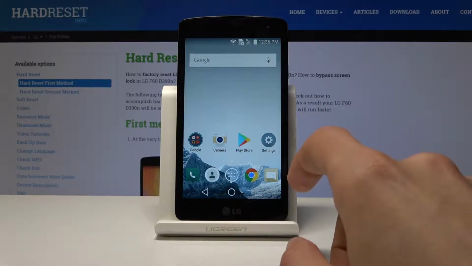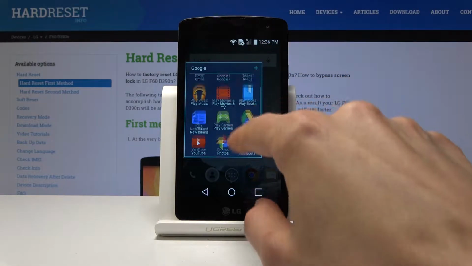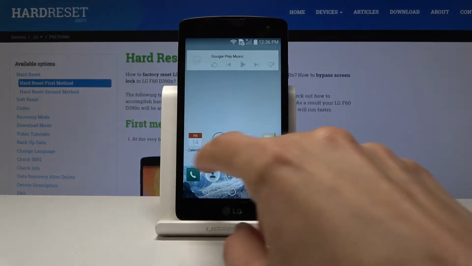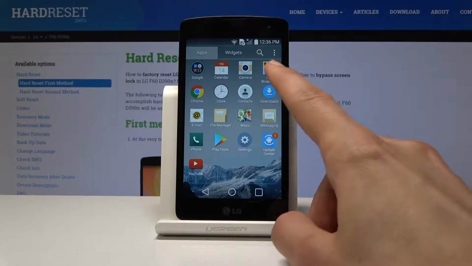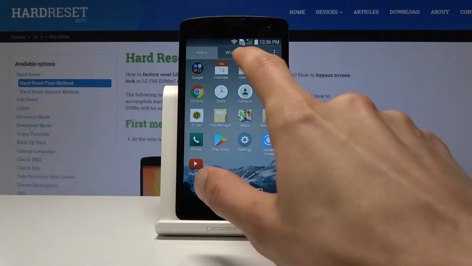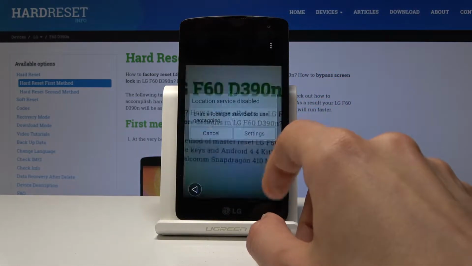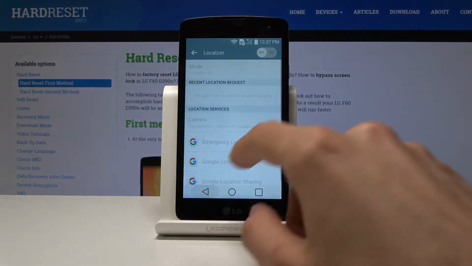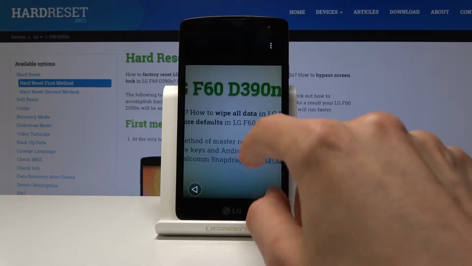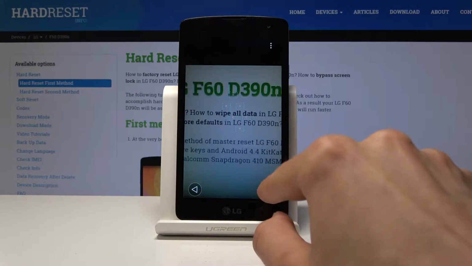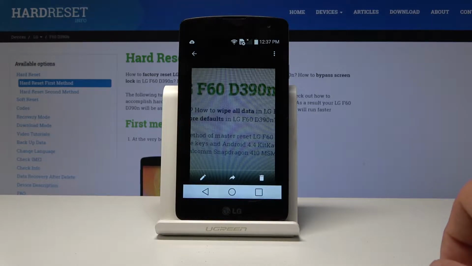So whatever I find in the gallery, let's see. Actually, I don't really care for localization, so I'm just gonna take this as an example, and once you go to the photo itself, you can tap on